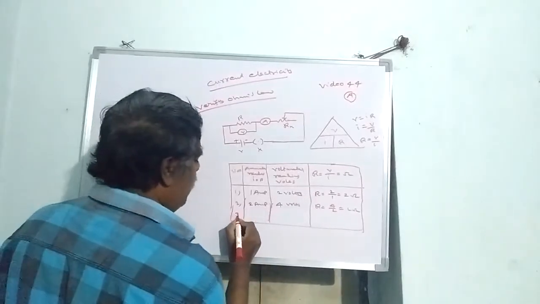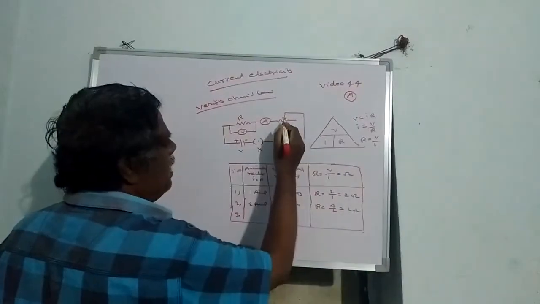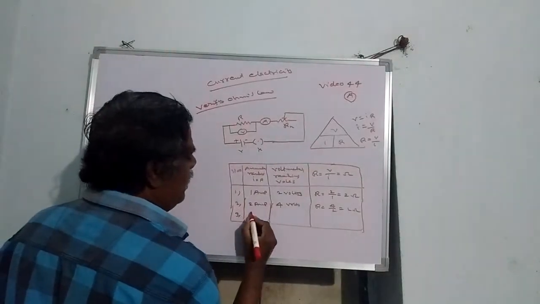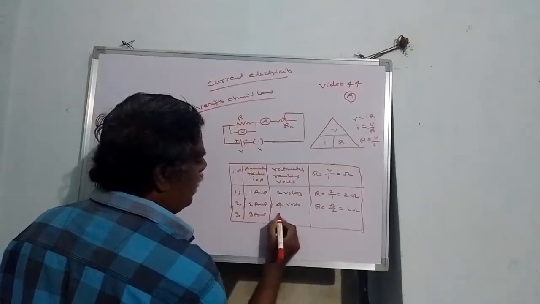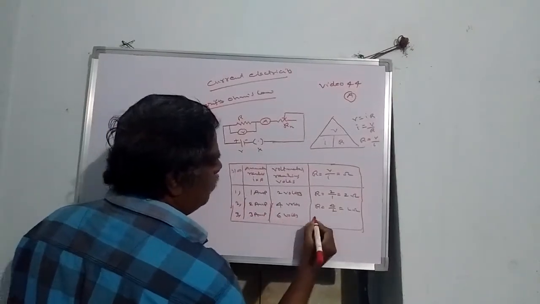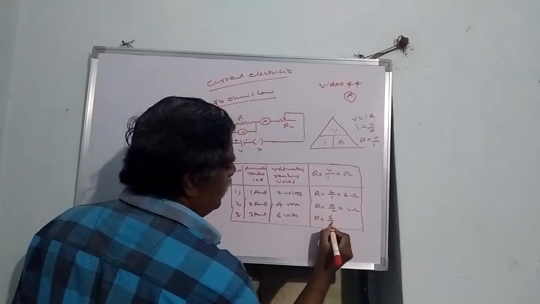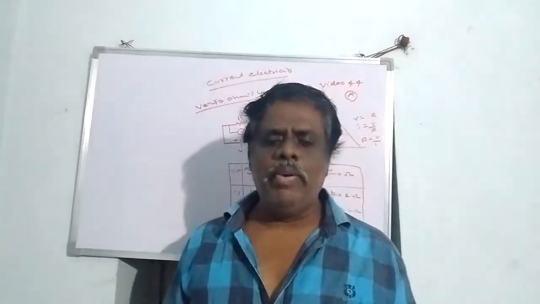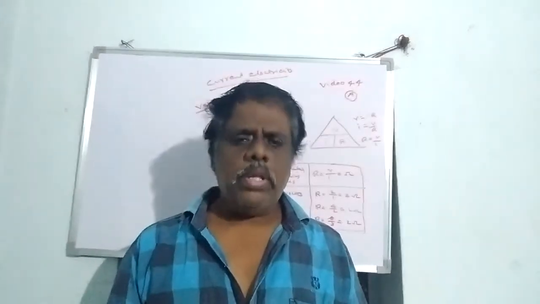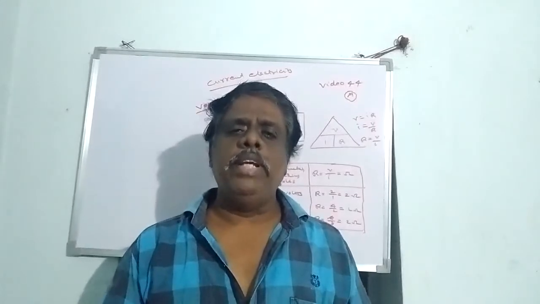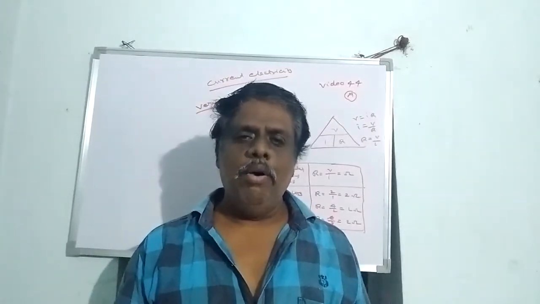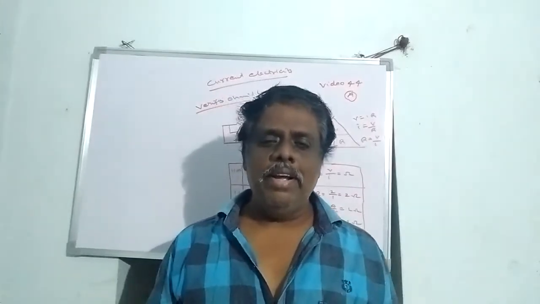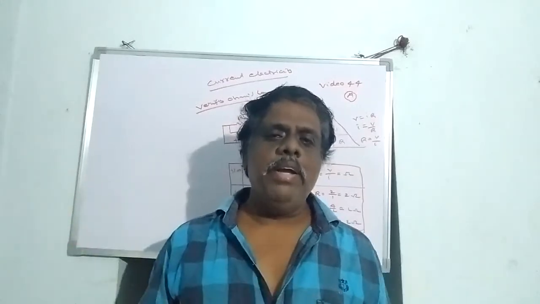Next, for the third one, repeat the experiment again by adjusting the rheostat, increasing the current. Let it be 3 amp. The corresponding voltmeter reading will be 6 volts, therefore R is equal to 6 by 3, again 2 ohms. That means if you conduct this experiment by increasing the current, the corresponding voltage also increases. Hence we can prove Ohm's law. Voltage and current are directly proportional. Then what is the condition? Temperature must be constant.